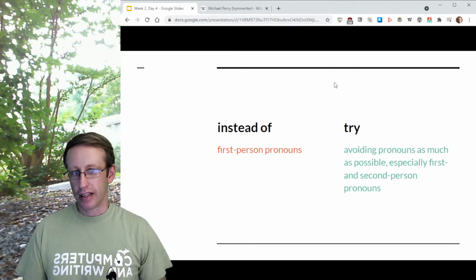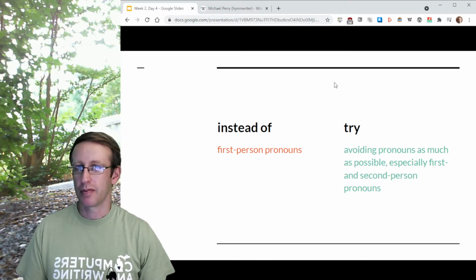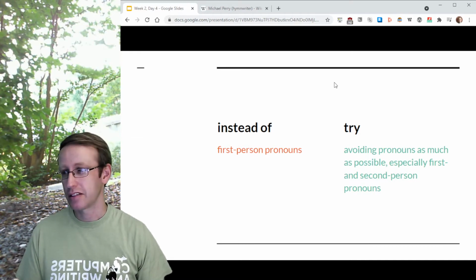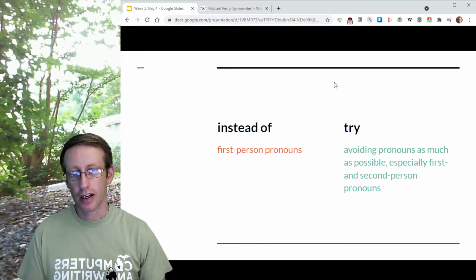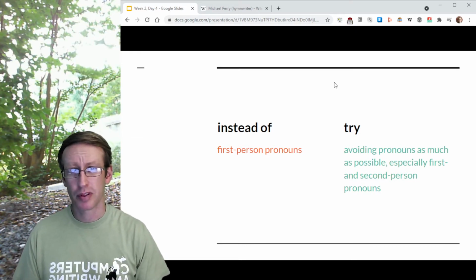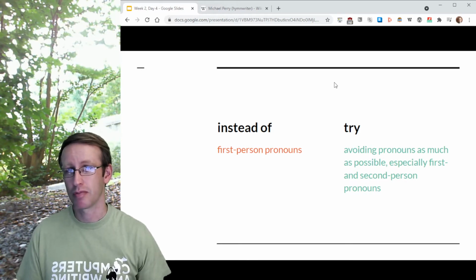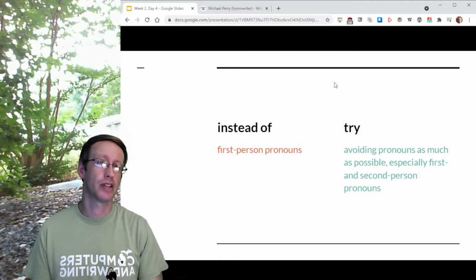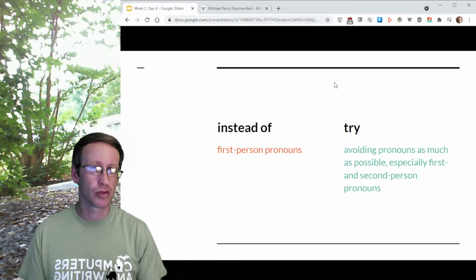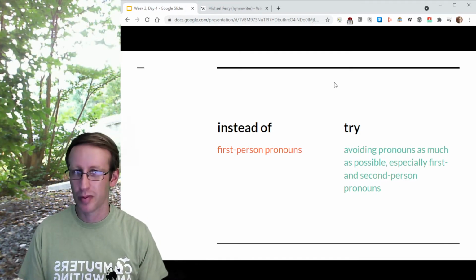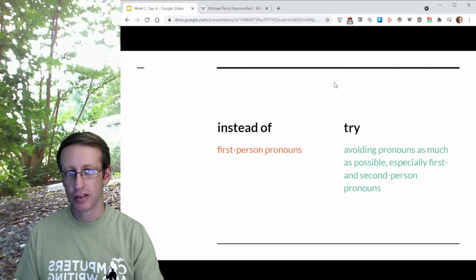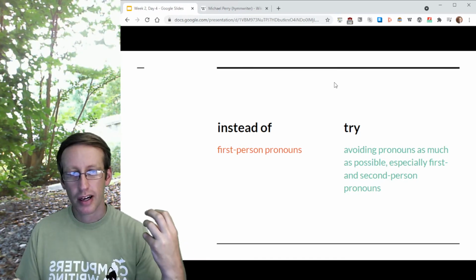Okay, this is a big one. Avoid first-person pronouns. Really, you should never use a first-person pronoun in an article like this unless it's a direct quote of someone saying it. Now, I'm not usually against first-person pronouns in research papers or persuasive papers or analysis papers, but that's not what you're trying to do here. You're trying to write in a formal, neutral, objective way, and in formal writing, you really do want to avoid first-person pronouns.